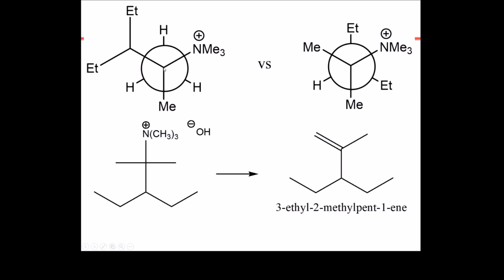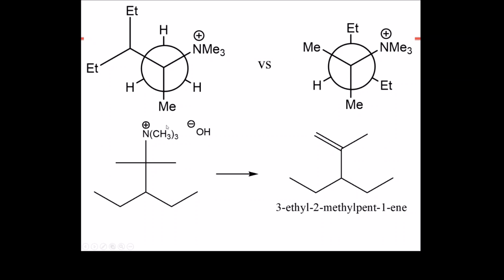This Newman projection is looking at this carbon in front. That is the carbon that is directly connected to the nitrogen, so that's the carbon that's in front. And the carbon in back is a methyl group, so it would be this carbon right here. In order for elimination to occur, the leaving group must be anti relative to the hydrogen. And since this back carbon, no matter how it turns, you have 3 hydrogens, every time you would expect one of those hydrogens to be in the correct orientation for an elimination to occur. So this is an easy elimination to occur because the hydrogens are always going to be lined up anti relative